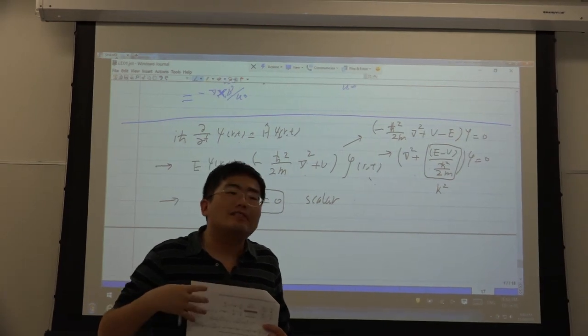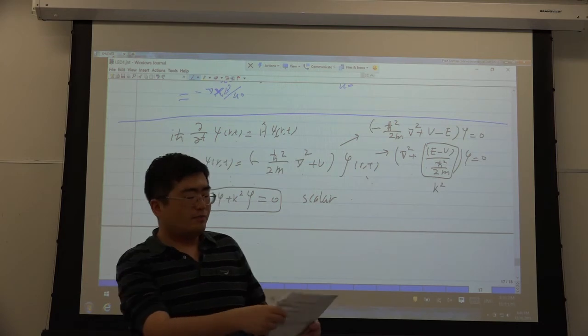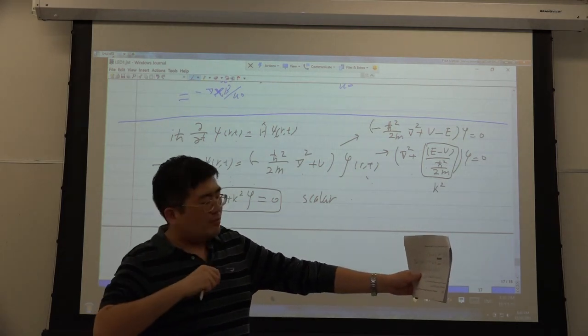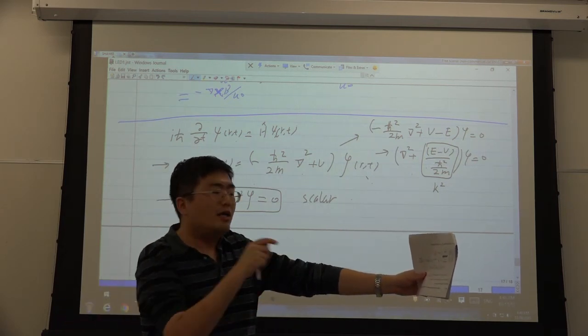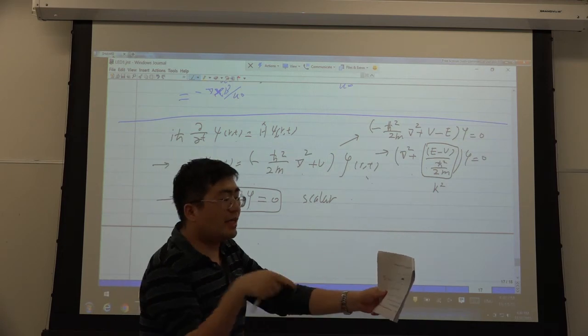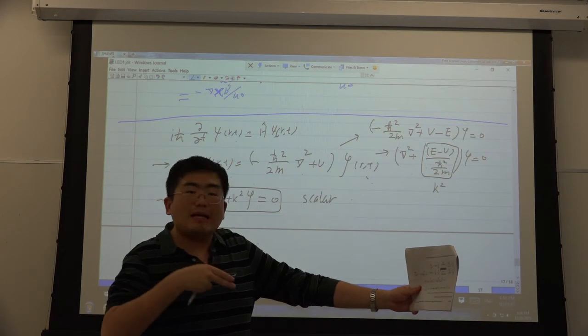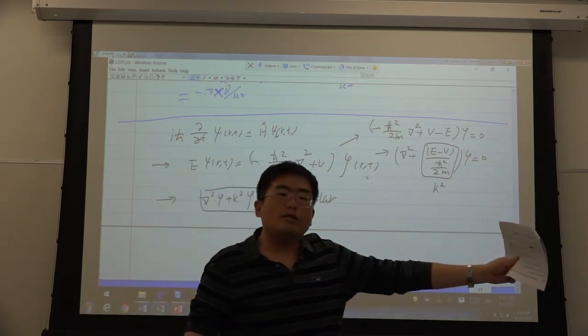The interference pattern for the electron is the same. If you use some electron source, some filament, you heat it up and it can emit electrons. The electron goes randomly; they have a probability to go here. You don't know, right? But if you watch many times, you see an interference pattern on the screen.